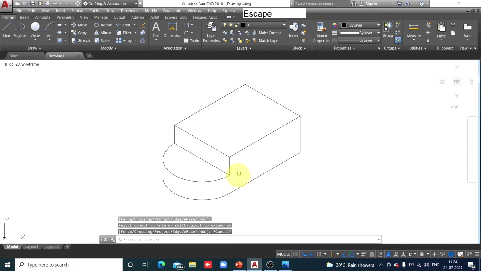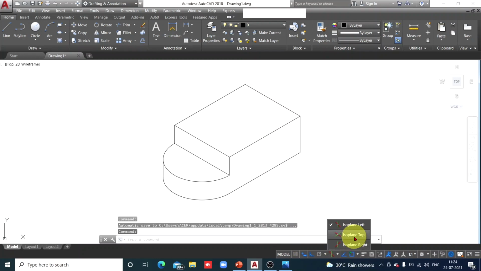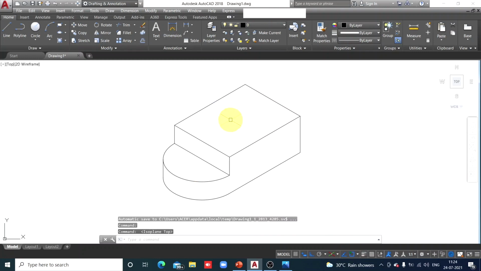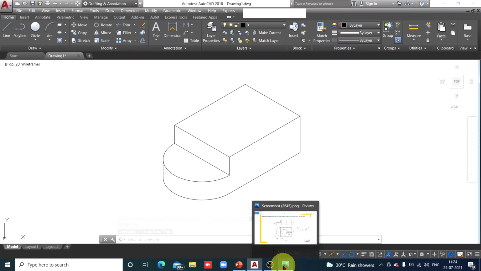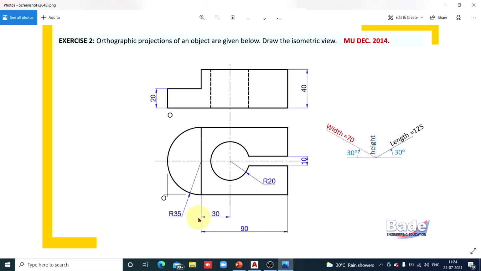Okay. Now on the top surface, here we are going to create the opening of the circular hole. So for the top surface we should choose the length and width plane, that is top isoplane. And here we will locate the center first. Check, where is that center? 30 millimeters from the left edge of the block. This is the edge on the left side, parallel to width. So identify that edge, and from its midpoint at a distance of 30 millimeters, you will get the center. Okay, so let's do that.